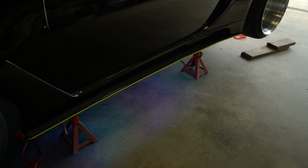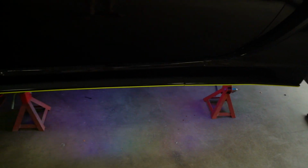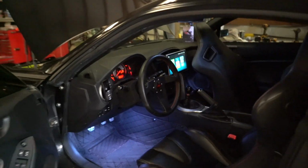You can do crazy other colors too. And I'll show you guys all this tonight when it's dark out. Can't really see it right now, but I guess you can kind of see some of the colors on the ground. It's like a multi-changing color. Pretty sick. Maybe like at a show or something, I'll turn that on. I'll turn the headlights on, do some crazy stuff. And I'll have the interior lights on as well. So it'll